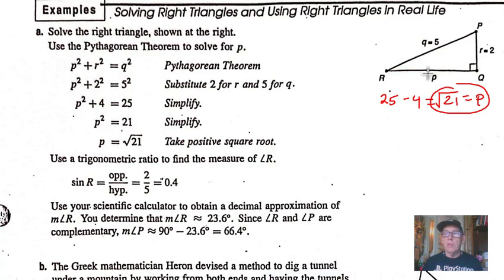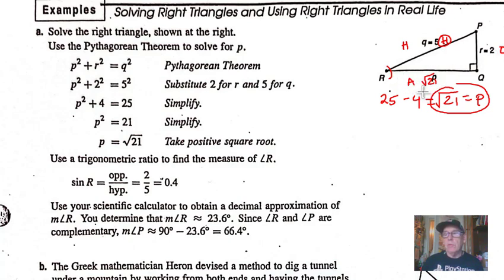So now we got all three sides. What remains to be done to solve the triangle is to find one of these angles. So we kind of have a choice which one we want to do. Again, this is the hypotenuse. Let's use angle R. So R is our reference angle. So opposite, adjacent, hypotenuse. So looks like 2/5 is the easiest one,